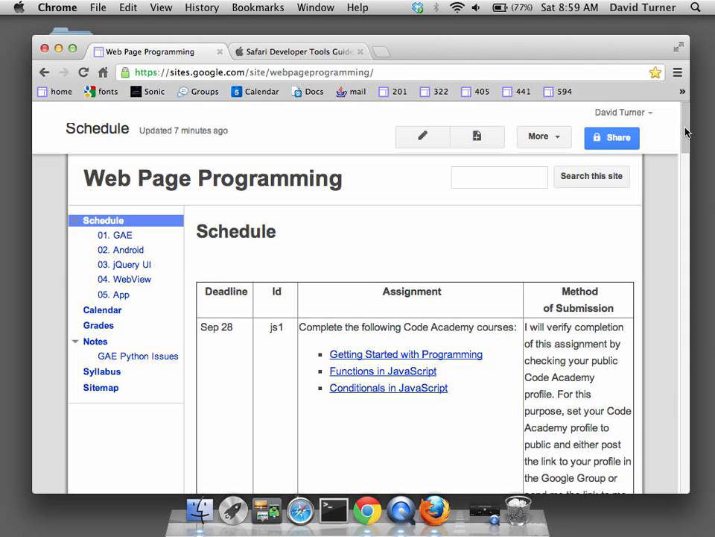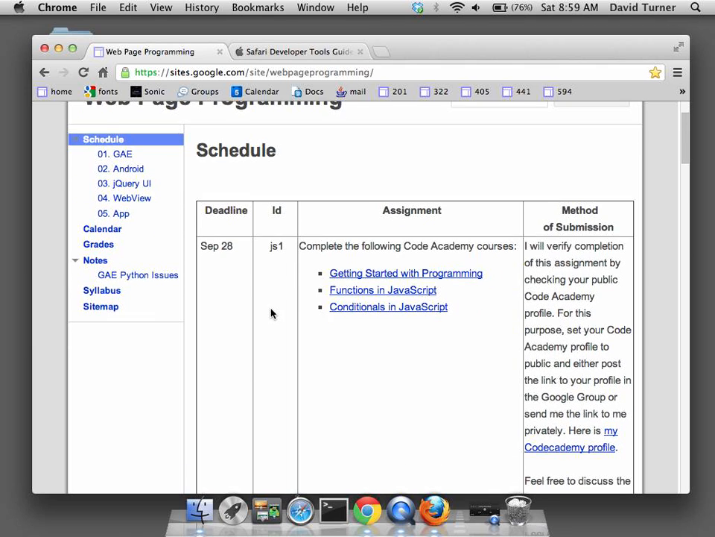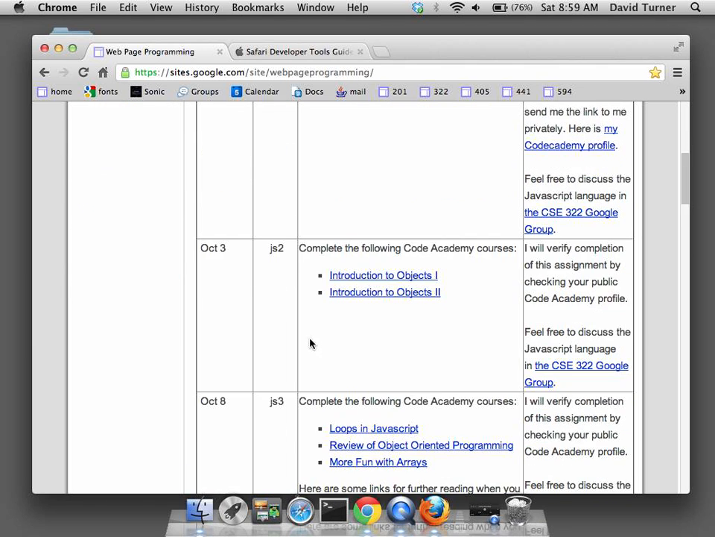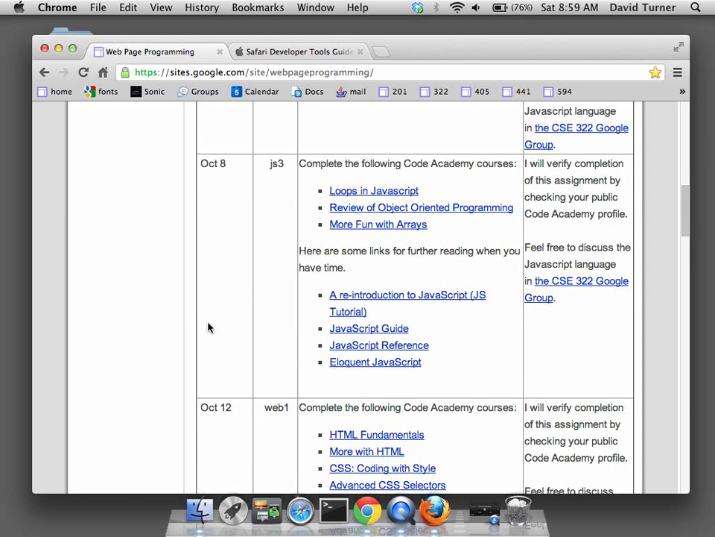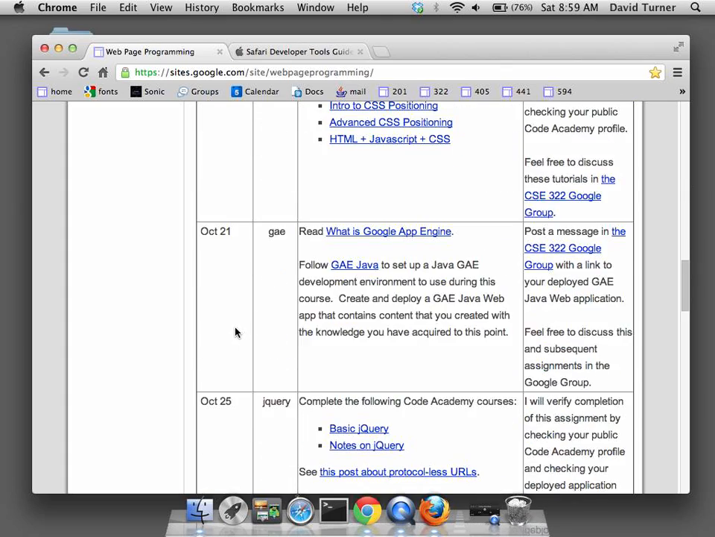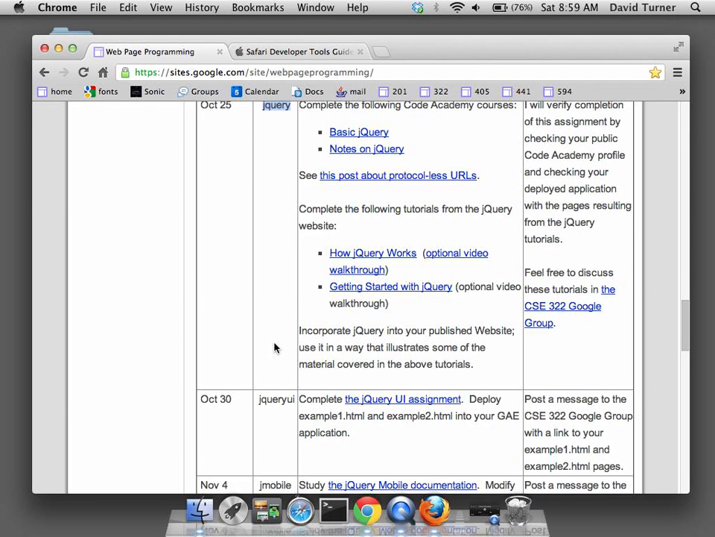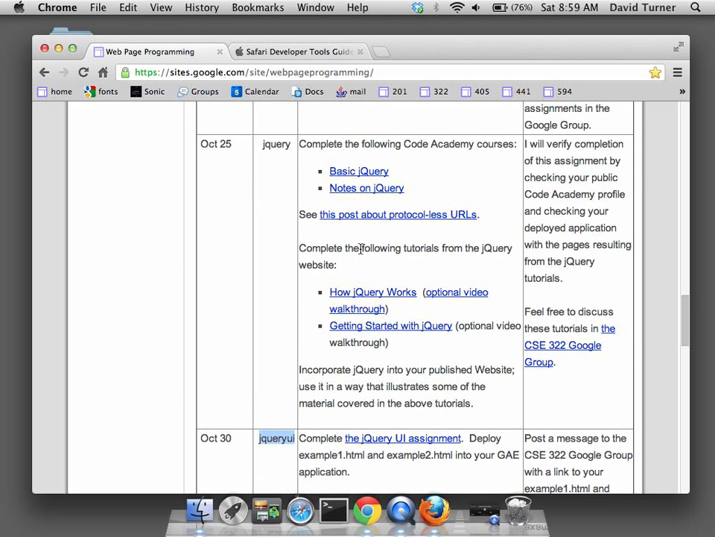Here's my schedule of coursework. And in this class that I'm teaching right now, there are these assignments where you go to Code Academy and carry out the coursework that's there. I'm going to skip over that, and it's actually the issues coming up right around this time here with this jQuery assignment and jQuery user interface assignments. This is about the area here that I see people starting to deal with